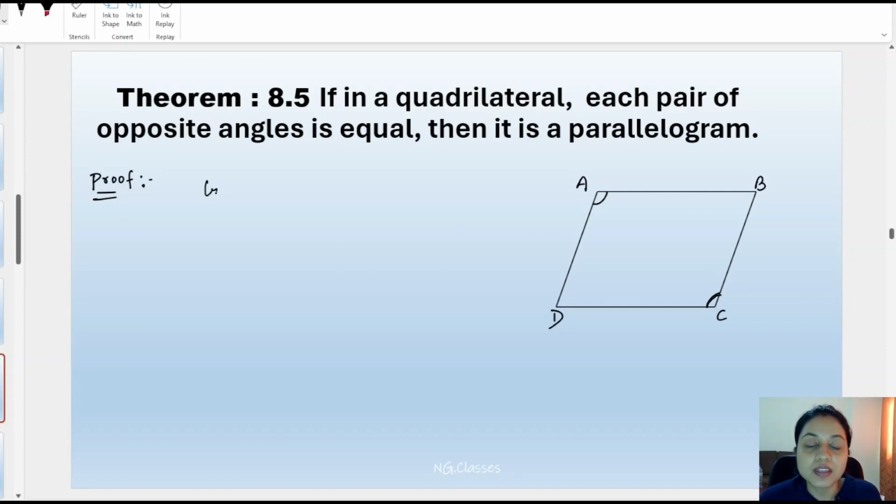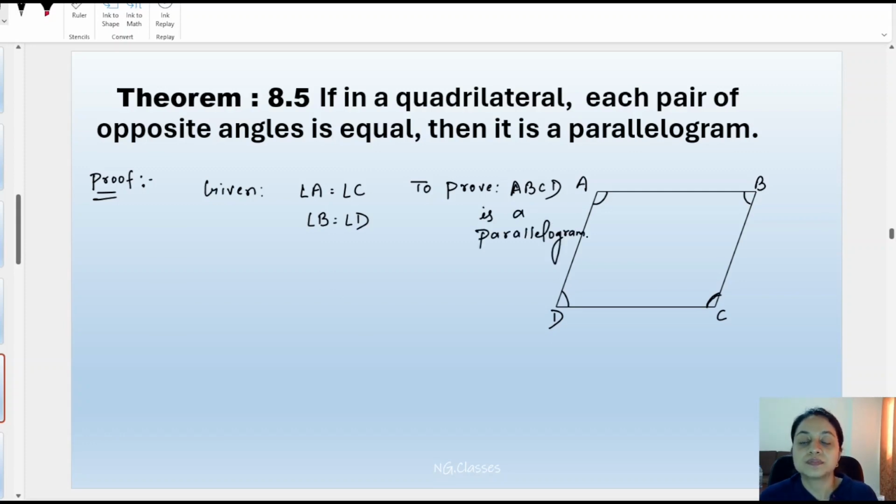It is given that angle A is equal to angle C and angle B is equal to angle D. And we have to prove that ABCD is a